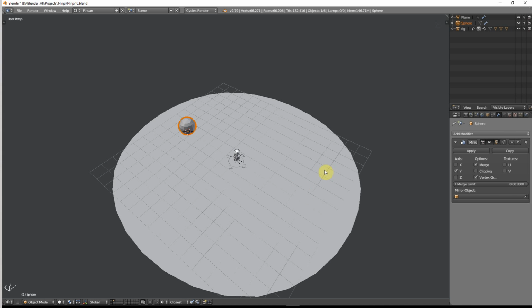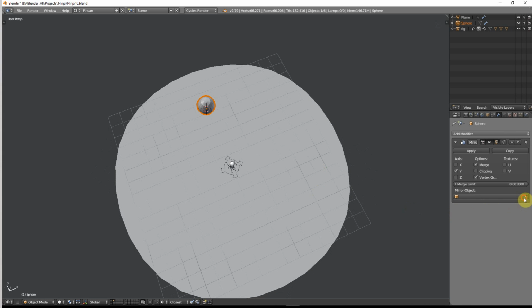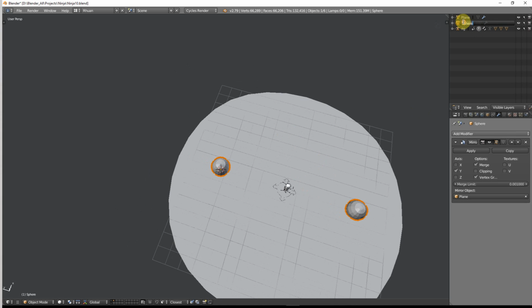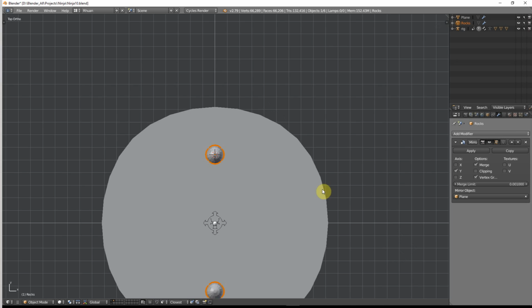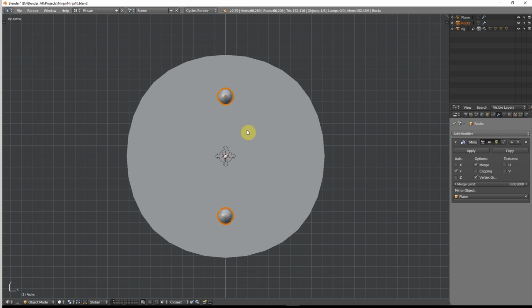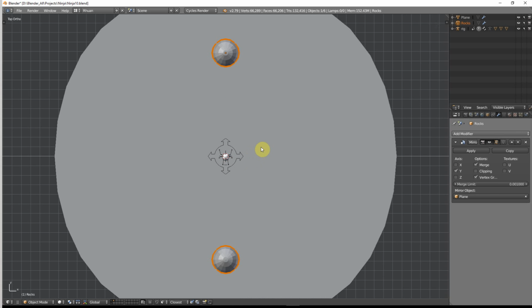Actually, let's keep the mirror so it can be like that for now, and just call this rocks. Okay, so now that we have the rocks where they're more or less going to be, I want to put the 3D cursor back to the center, and change this pivot point to the 3D cursor so I can rotate